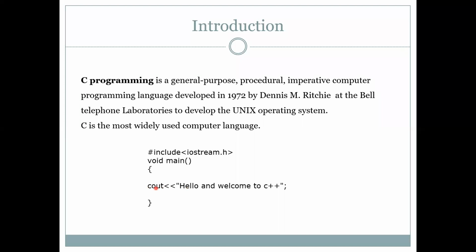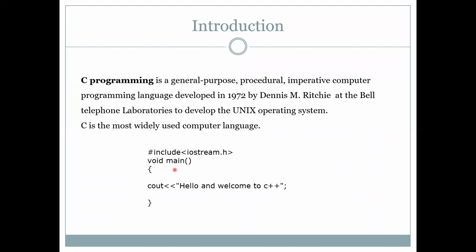Okay, so this function definition is declared in your iostream.h. The identifier iostream is the name of the file in the standard C++ library, and iostream included in these triangular brackets is known as a standard header. So this is a standard header. This is the built-in header file provided by C++.